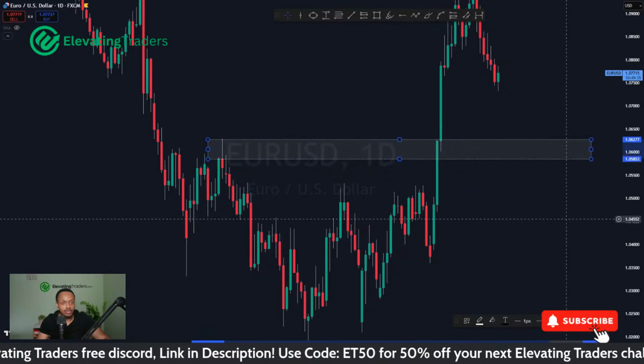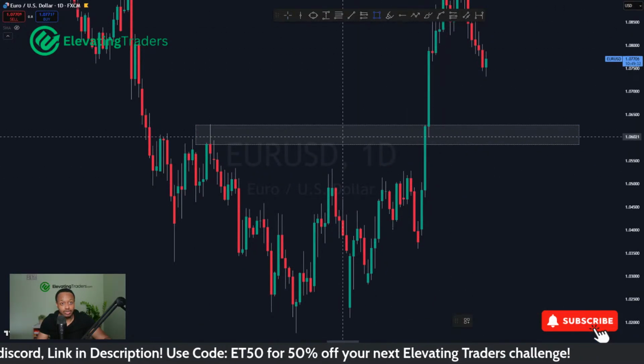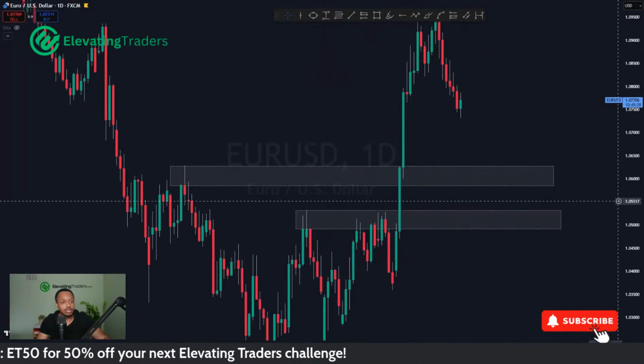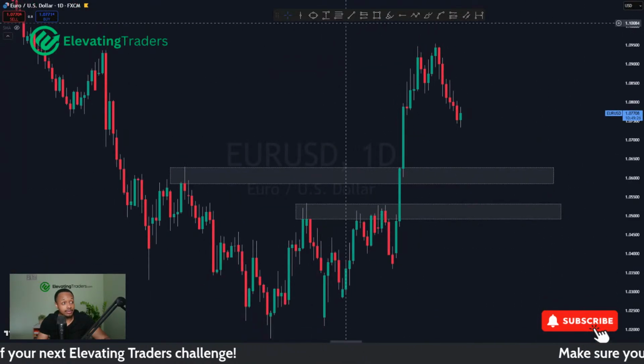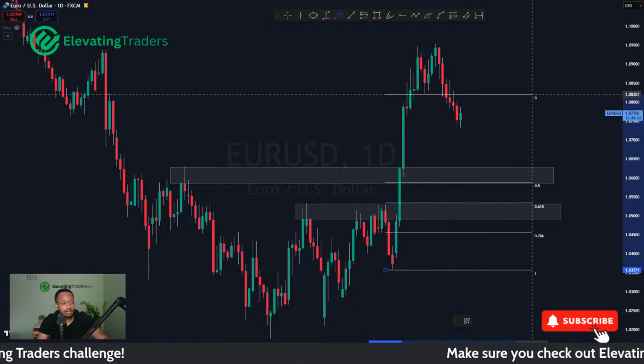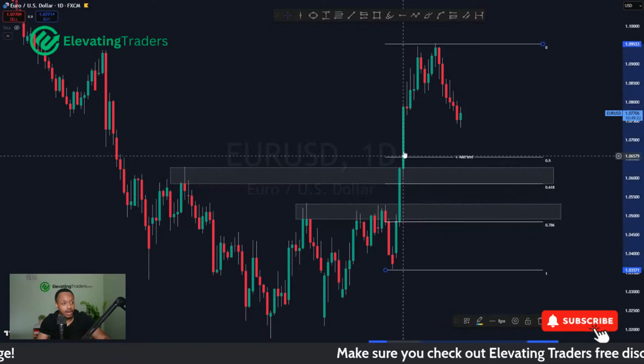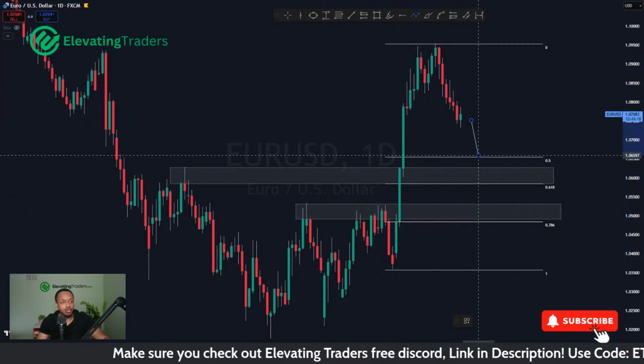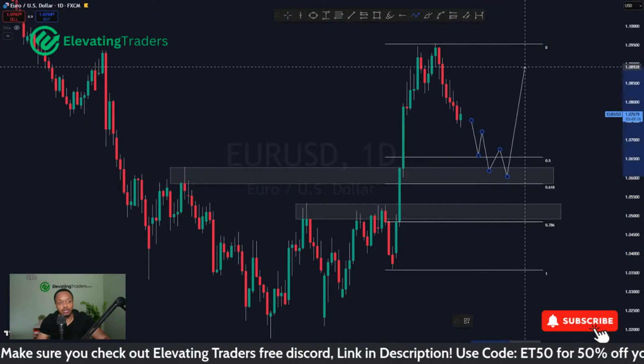And again, we do have some nice areas below us, 1.06 here, 1.055, both looking really, really good. In fact, I would like price to get there for some longs. We had a massive move to the upside that broke through these two areas. Didn't really get a retest, so if price can get there, there would normally be a strong chance of at least a bounce.